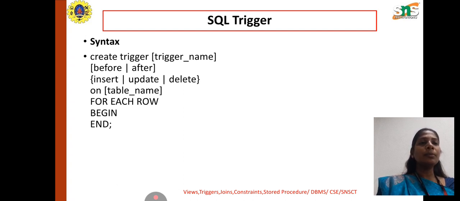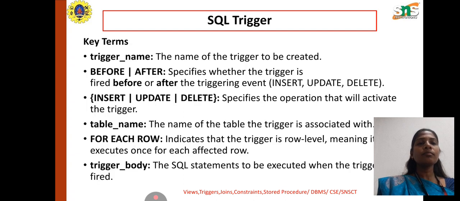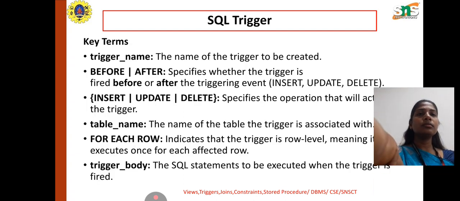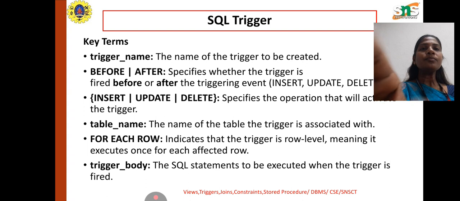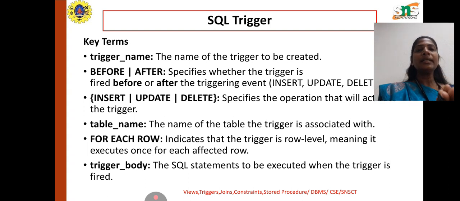Likewise the trigger will be processed. Next, trigger terms: there are nearly six key terms used. One is trigger name, then before and after, then insert, update, delete, table name, for each row, then trigger